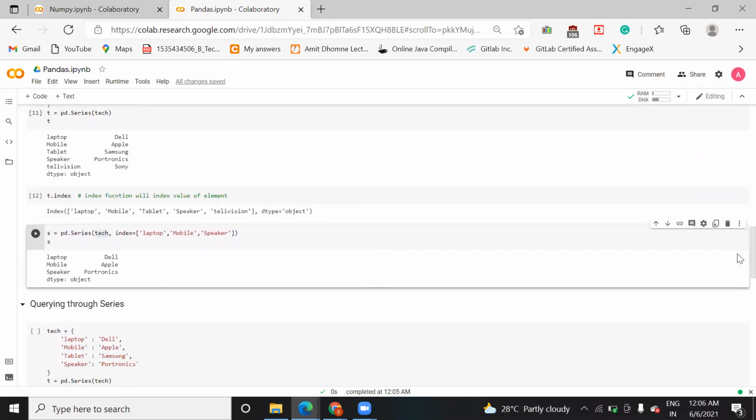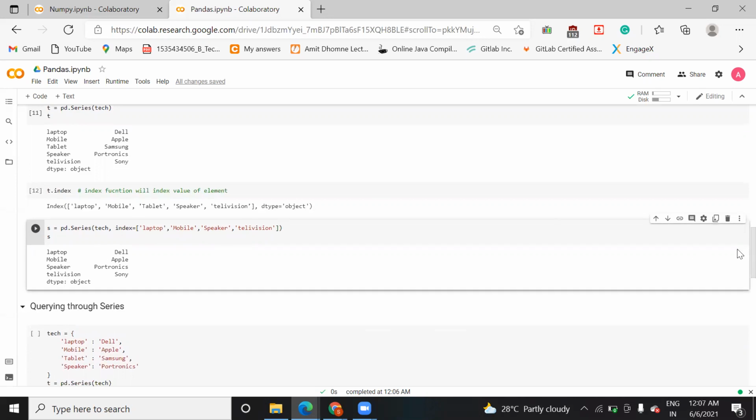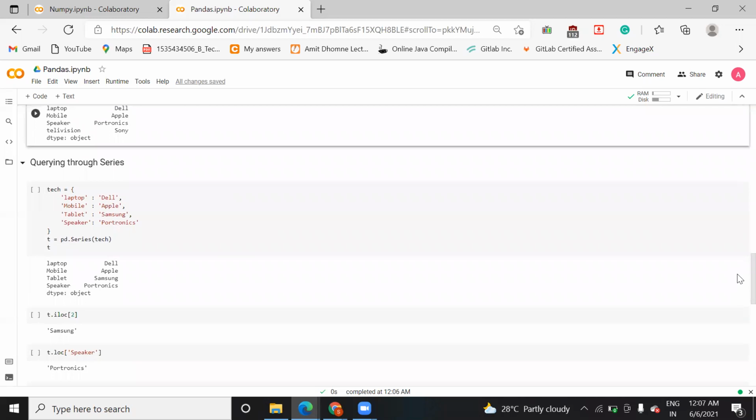If you want to find the value of this key, or you can say index, we just need to pass it. Let me check it for television also and run it. It will give you the values of these different indexes. You can see I'm getting this, right? So in this way you can find the value also.